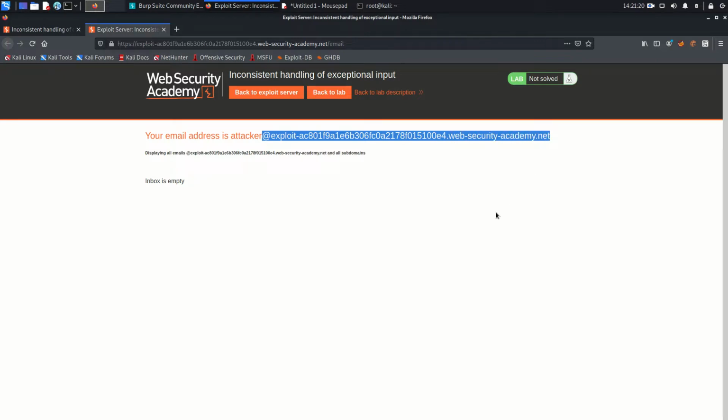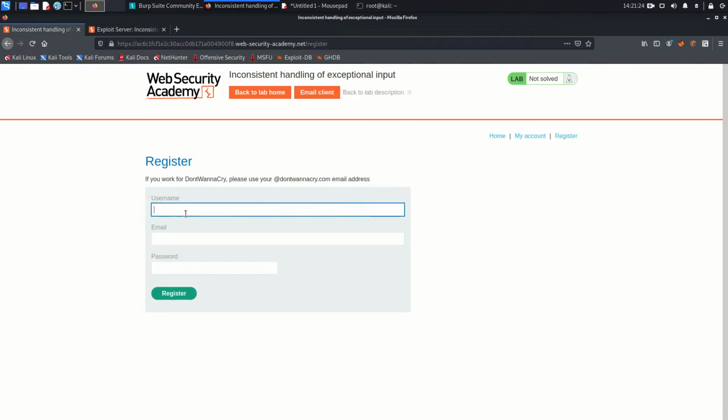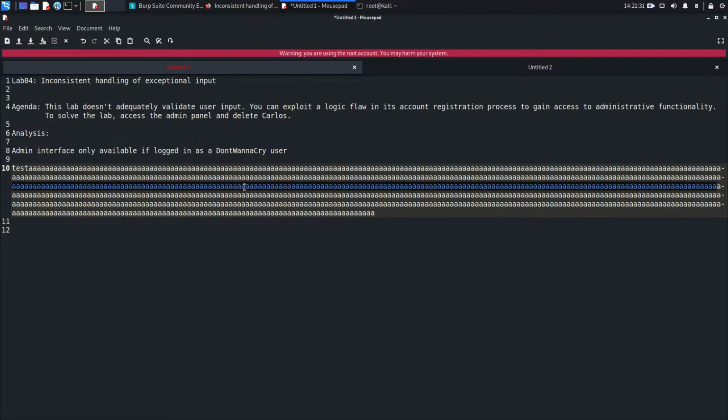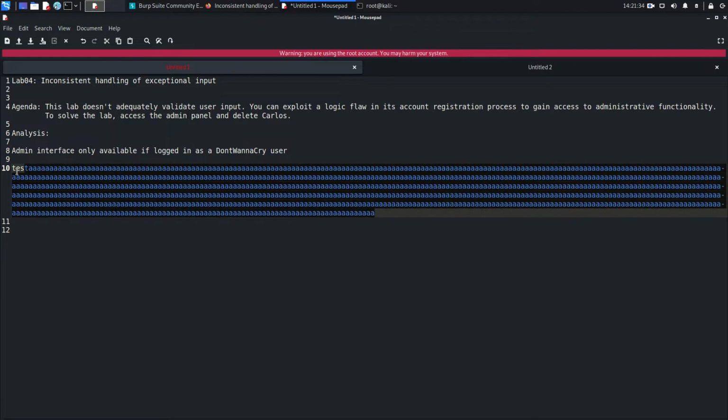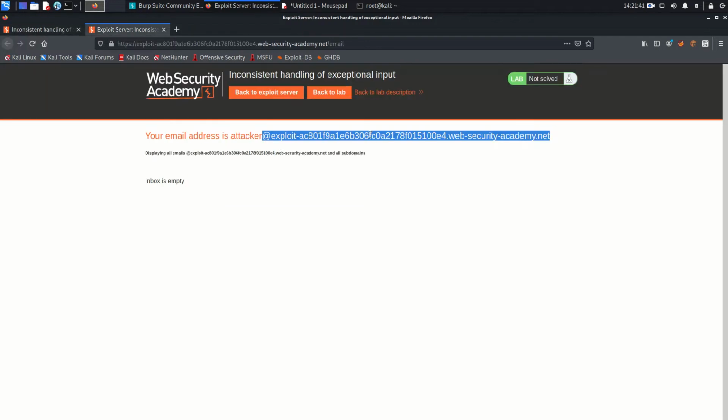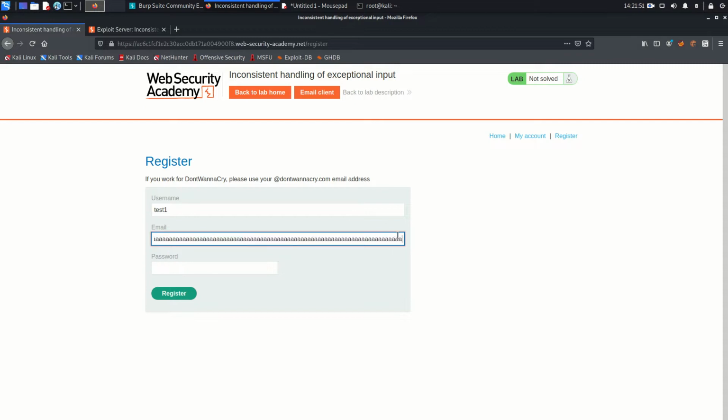Yeah, so copy this, and this time what we are going to do is test1, and the email is going to be from here to here, copy and paste this here, then go to the email client, and this is the domain. So come here, at the rate exploit and something, .net, and the password is going to be